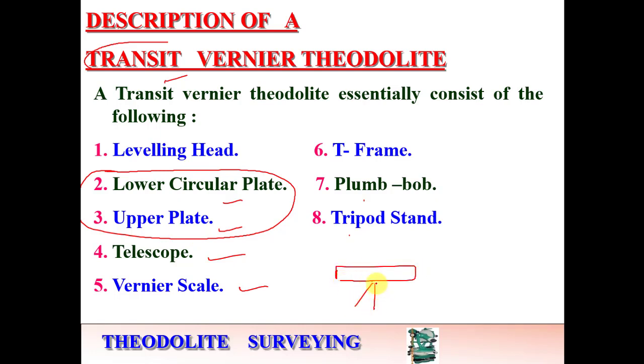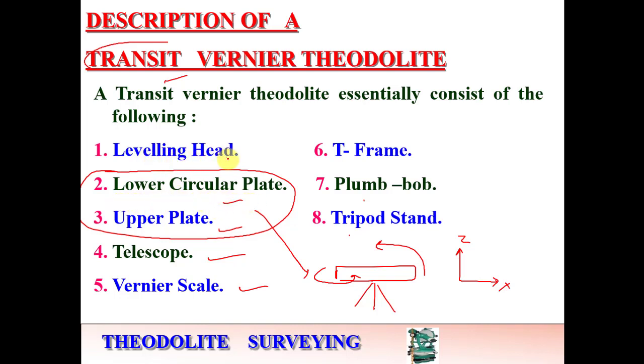Okay, and this theodolite has two motions. The first motion is in the z direction. So this can be rotated along the vertical axis, as well as rotated like this on your horizontal plane. This is done with the help of these two plates, the first one upper and the other one lower. This is useful for horizontal rotation. Whenever we are going to measure our horizontal angle, we will deal with these two circular plates.